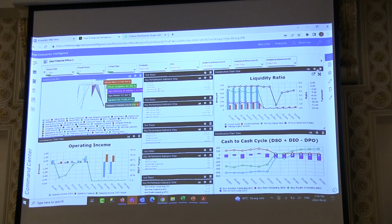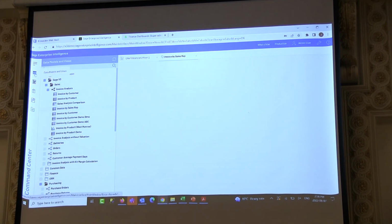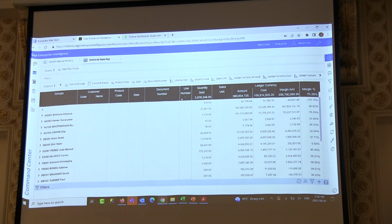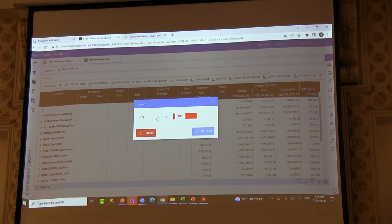And coming back to the sharing and distribution side, let me open another report here, sales by sales rep, let's say. So let's say I have this report and I want to export this report in the format of my choice. I can use any of the sharing features which are available with SCI. I can export this report in a format of my choice, like I said, PDF or Excel. You can choose the format, and then it will be exported in that